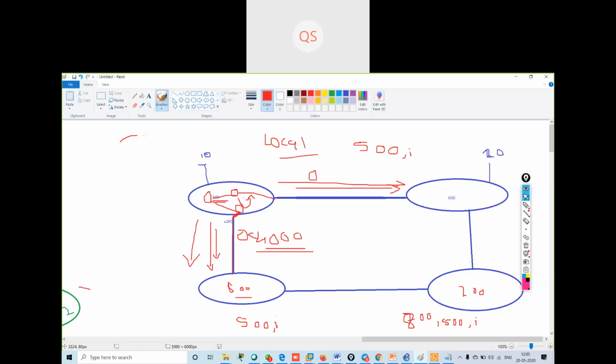Weight is best used when we have only one exit path onto the other AS number, because any router that wants to exit the autonomous system has to reach this router, and this router will have the path. So the weight attribute is helpful when we have a single exit path from the autonomous system, but in this example we have multiple exit paths.